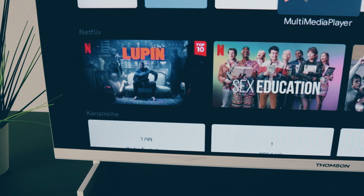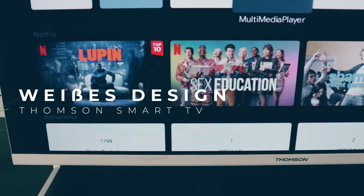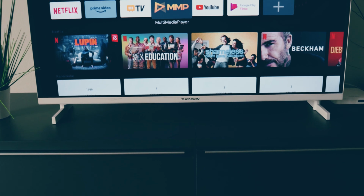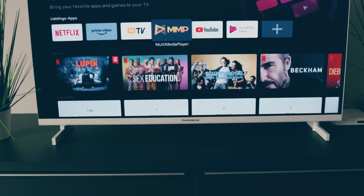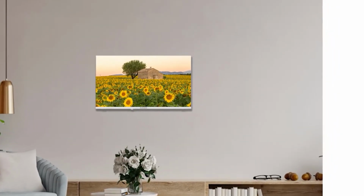Hand on heart, how many manufacturers do you still know who produce white TVs? I think you can count that on one hand. It used to be possible to produce white TVs. Now Thomson is taking up the matter again, and I think there is nothing more elegant than a white TV that